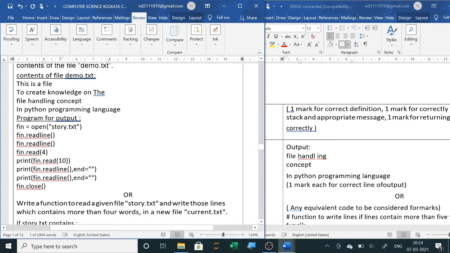We are printing read 10 characters, so it will be handling, and then it will read the rest of the line, so it will print concept here.